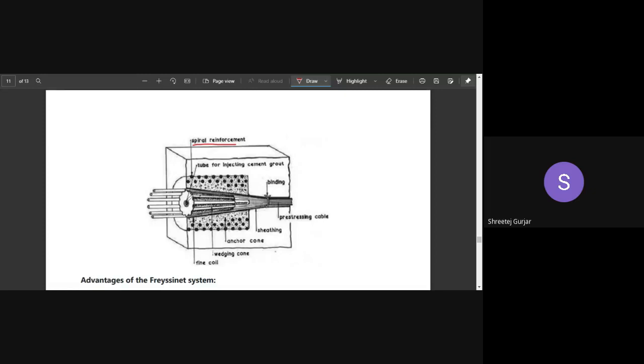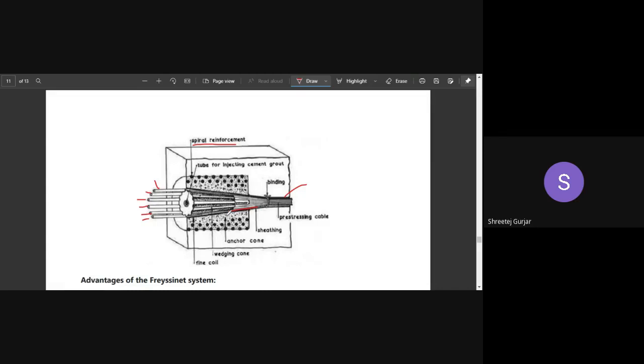So this is your fluted cone, and you can see once your steel wires are pulled and tensioned, this fluted cone is placed inside. It is pushed inside, and it is placed in this fashion. What that does is it will hold your steel wires, which are usually 12 in number. They are held in place. They will not slip back into your concrete. They will be held in place by this fluted cone by friction. So this is your duct, and this is your sheeting, which is the cover provided right above and below or all around.